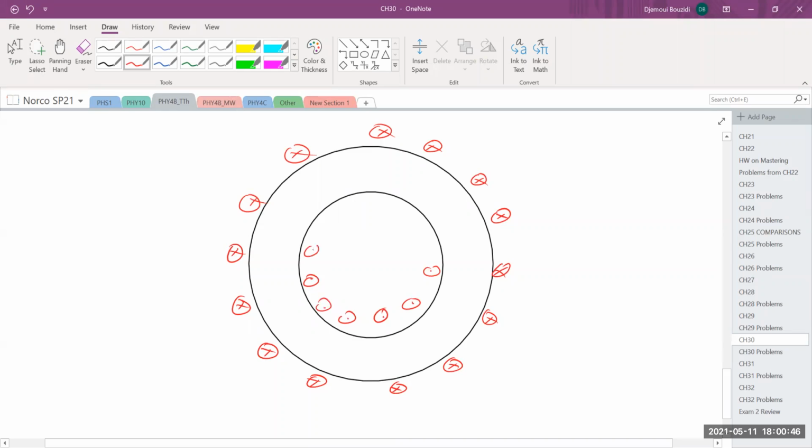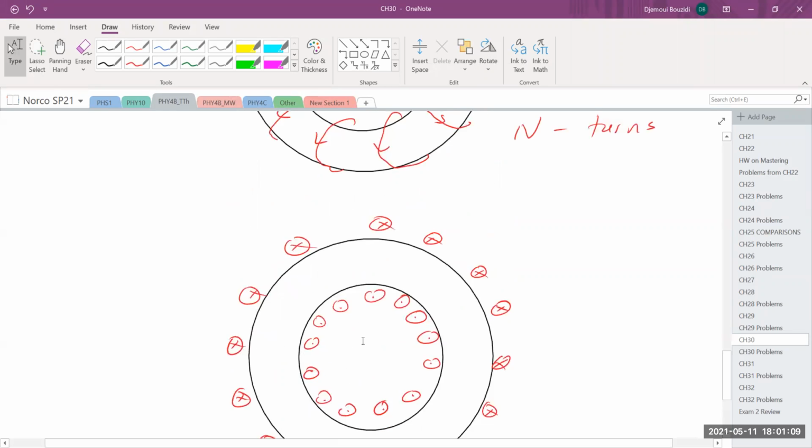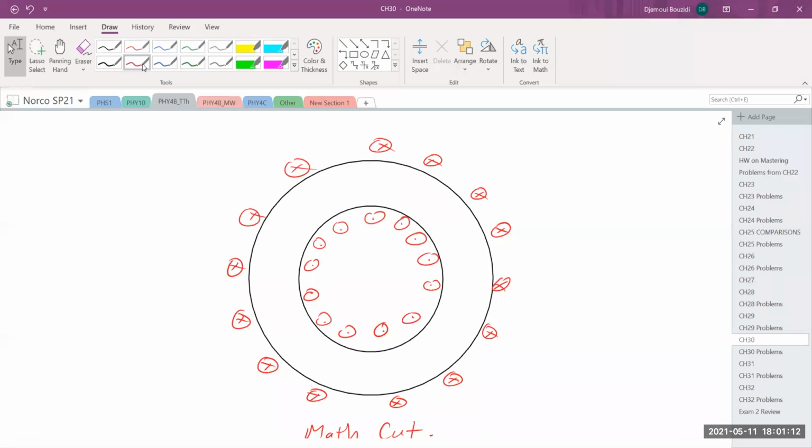So these are coming out, all of them. Okay, so that is how the cut works. Again, this is not a real cut. This is a mathematical cut, because if you actually do this, you're going to cut the current, and this is not going to work. So you really need the current in that. So here is the argument. First of all, inside, I'm going to make an